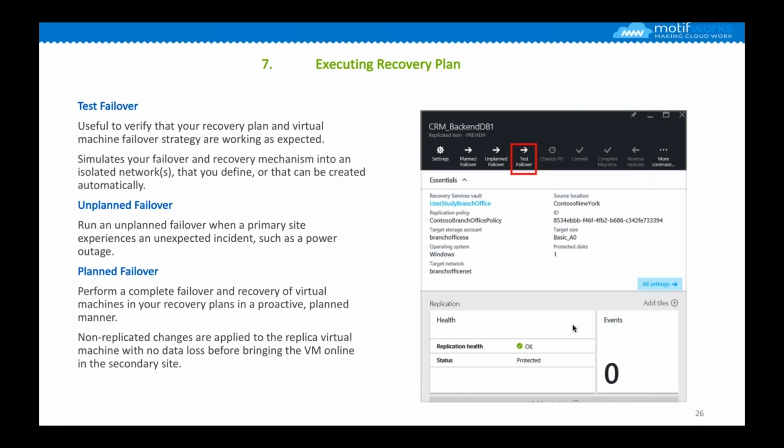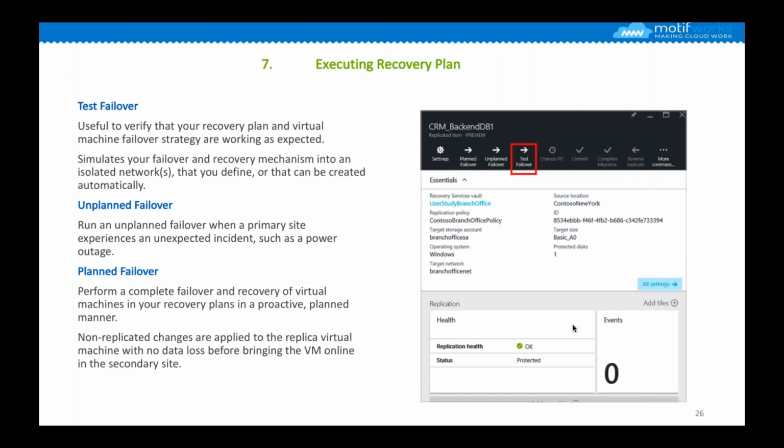One of the other things is you can create protection groups. Let me give an example. Your SharePoint depends on a web server, and it also depends on an application server and SQL server. So there's a dependency between these three. In order for SharePoint to work correctly, you have to make sure that when you are recovering, these three servers recover together. So you can define that protection group and recovery plan in Azure, so that they recover together and work as expected.